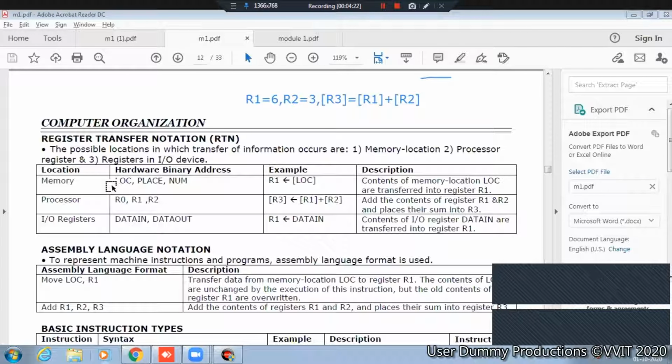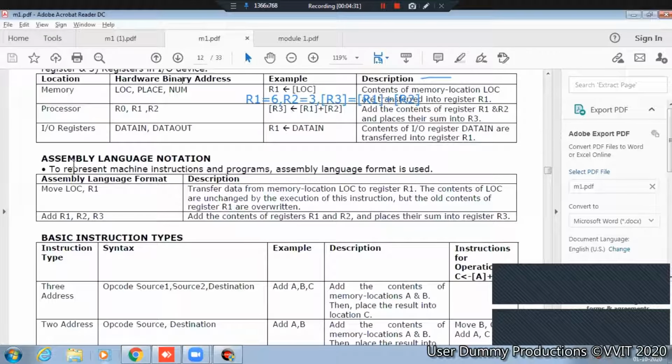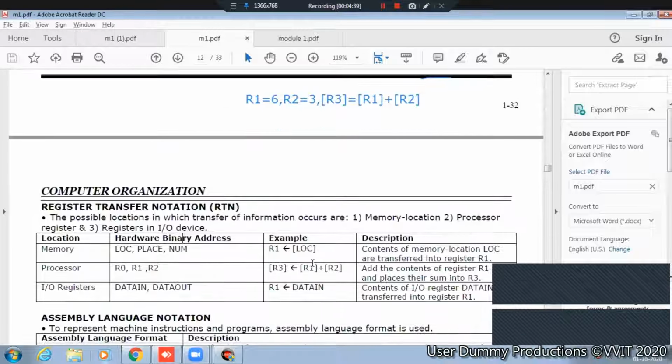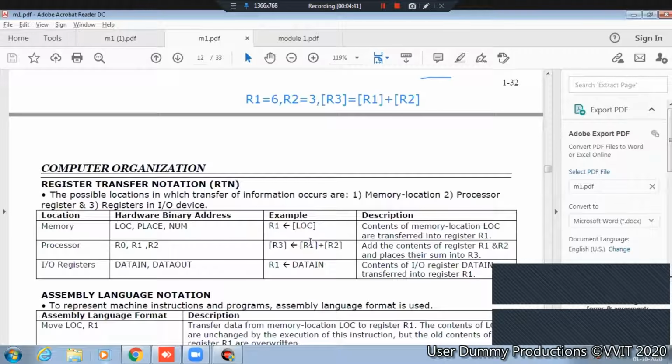Now we are going for assembly language notation. Up to this we saw the movement with respect to register notation, where we usually put an arrow mark this side.